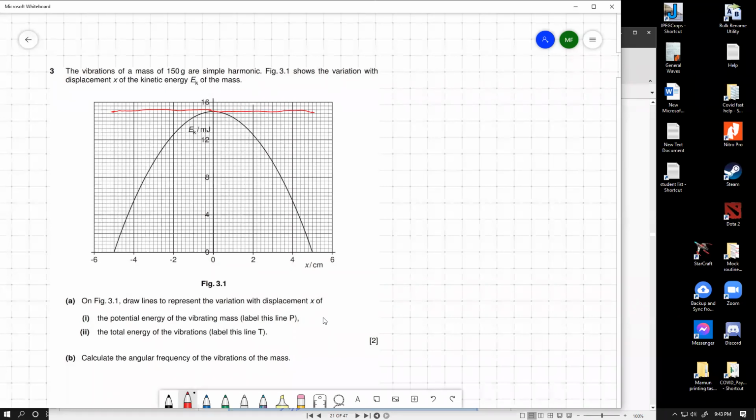Label this as T. And then for the potential energy graph, you have to be careful not to mess up the graph. The potential energy graph should be exactly the inverted graph of the kinetic energy graph. So if you just flip this over with the halfway point, you're going to come across this graph. One of the points for the potential energy graph should be here, and our 0, 0 point should also be one of the points, which basically is all that it requires. We need a couple of more points somewhere in between so that we can draw a smooth curve.